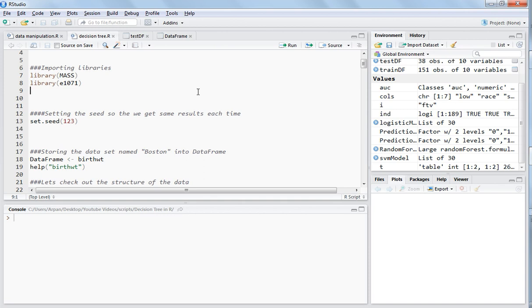Hi, so in this video I will explain how you can fit a support vector machines model, which is also known as SVM in short. You would require the library e1071 to use the function for support vector machines. So let's import these two libraries, then set the seed